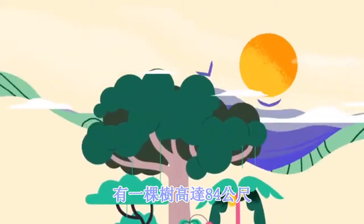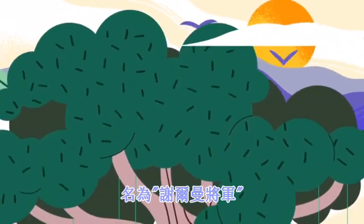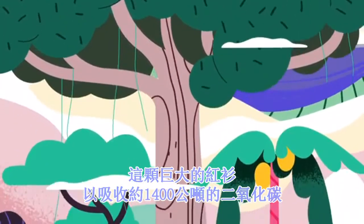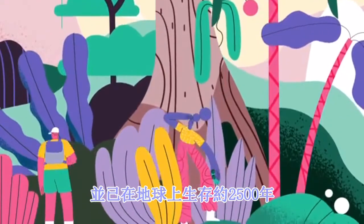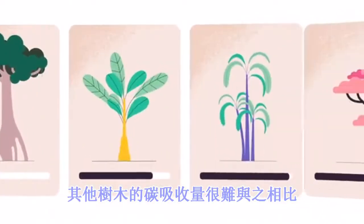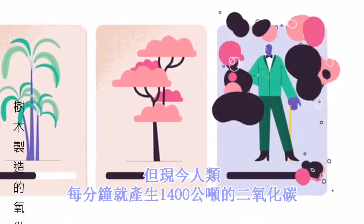Standing at almost 84 meters tall, this is the largest known living tree on the planet. Nicknamed General Sherman, this giant sequoia has sequestered roughly 1,400 tons of atmospheric carbon over its estimated 2,500 years on Earth. Very few trees can compete with this carbon impact, but today, humanity produces more than 1,400 tons of carbon